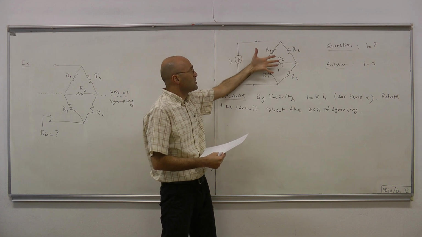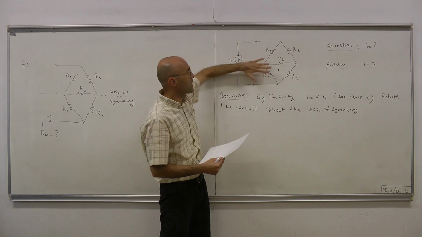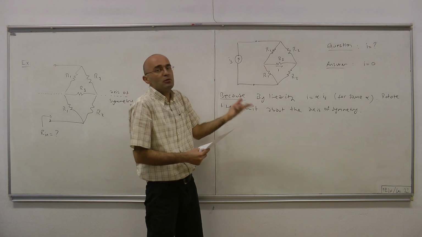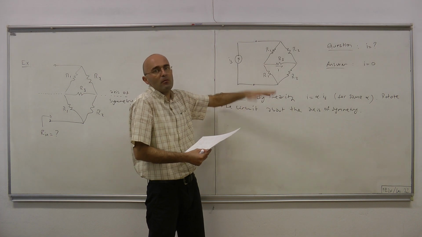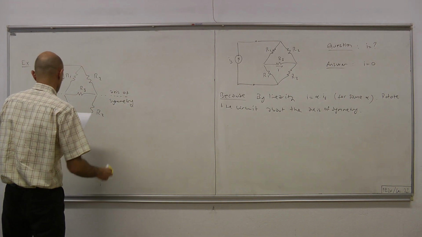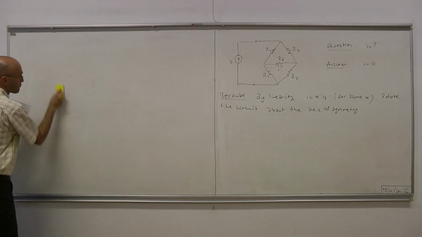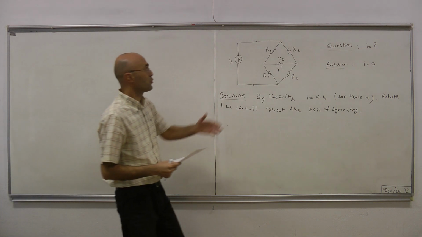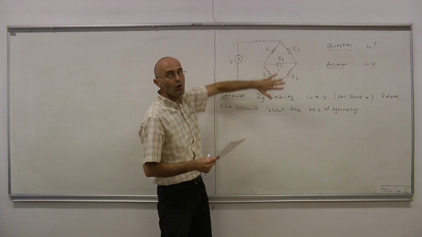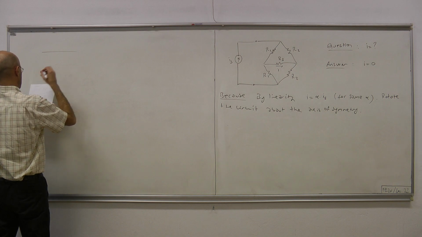Suppose that I take this circuit out of the board, rotate it 180 degrees around the axis of symmetry and put it back on the board. Clearly, that operation will not change anything. It's still the same circuit. I'm just redrawing it, in a sense. So let's do that and see what happens. Once again, I'm taking the circuit out, rotating it 180 degrees, and putting it back on the board. And if I do that, this is what happens.